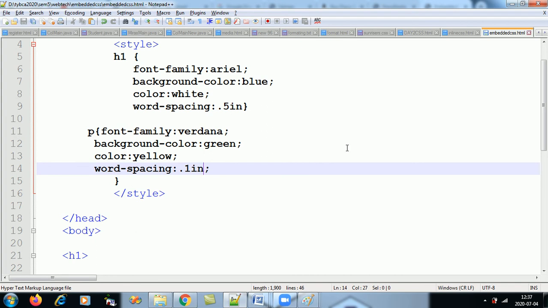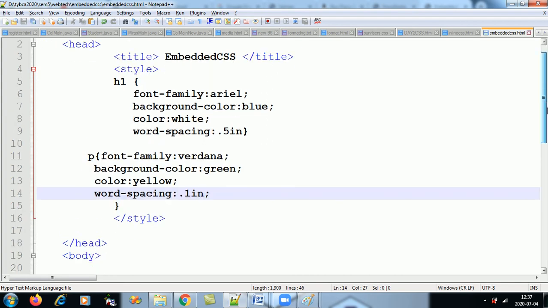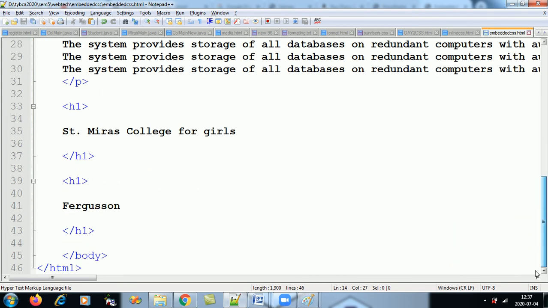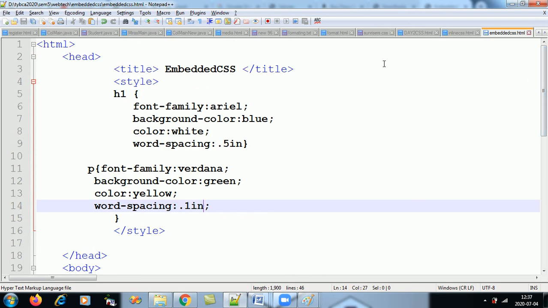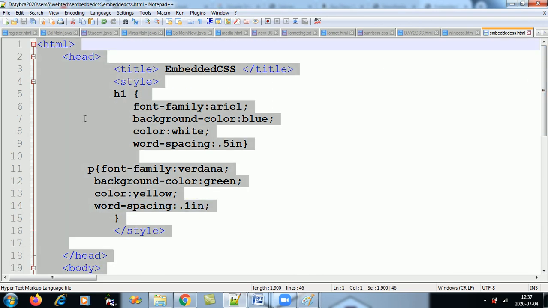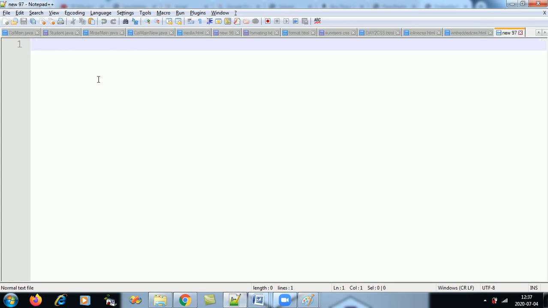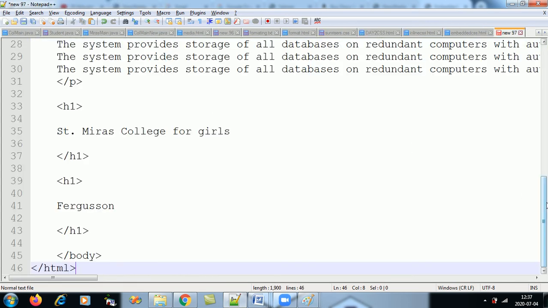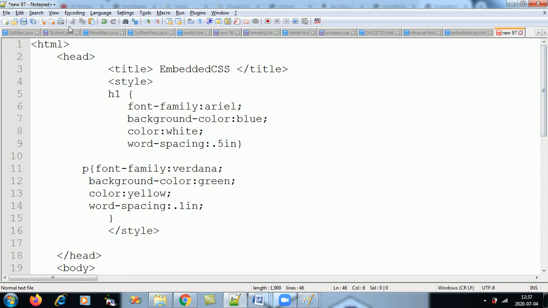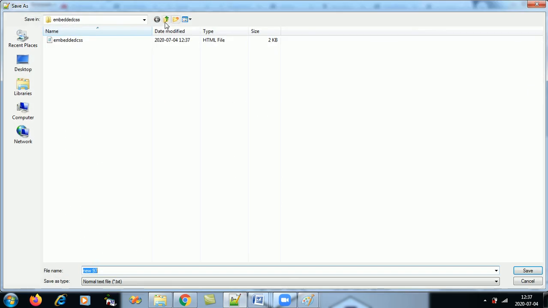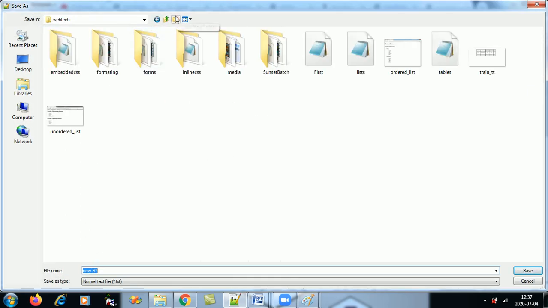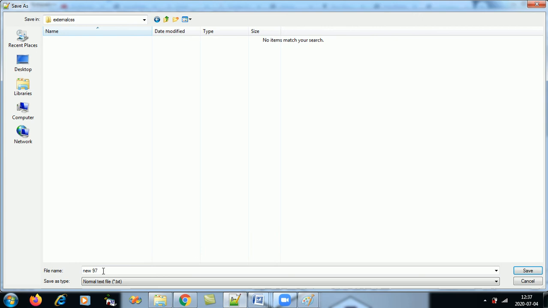Okay, so like this you can give it for each page. This is called embedded CSS. Now let's take external CSS. I'll copy this, paste it, and save it as, make a new folder, external CSS.